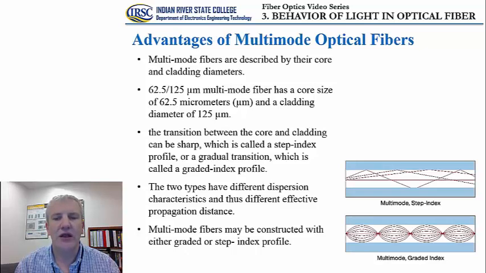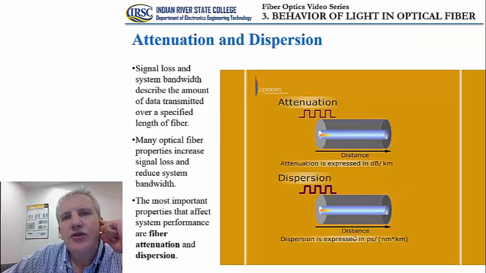index profile. If the index of refraction is gradually changing as we're moving from the center of the core towards its edge and further into the cladding, then we are talking about the gradual index profile. Now that we defined two important categories of optical fibers, namely single mode and multimode,